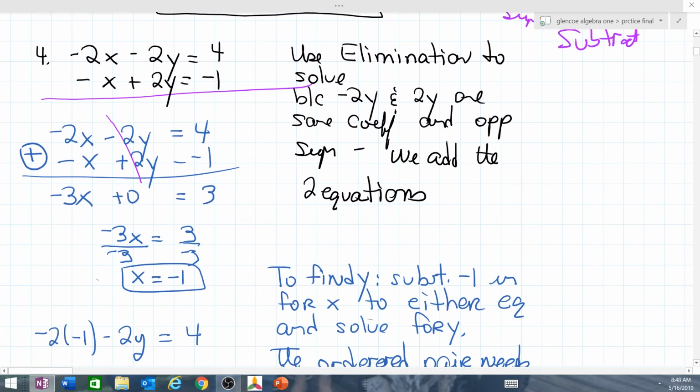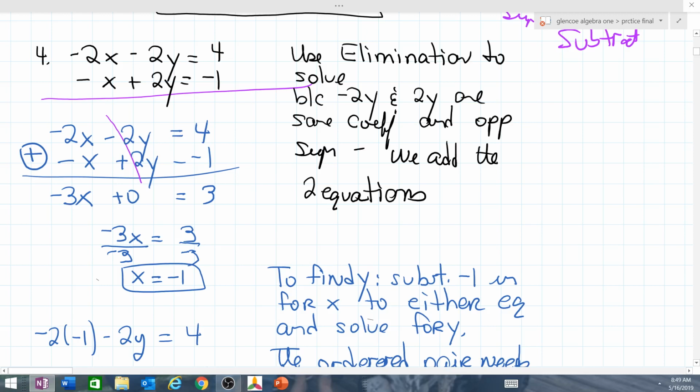Okay, number 4. Use elimination to solve. Negative 2x minus 2y equals 4, and negative x plus 2y equals negative 1. You have to find whether you're going to add or subtract to eliminate. Because negative 2y and positive 2y have the same coefficient, meaning the same number but opposite signs, we